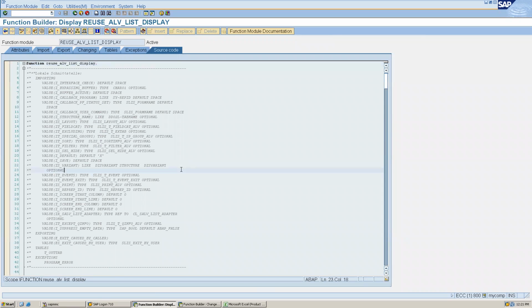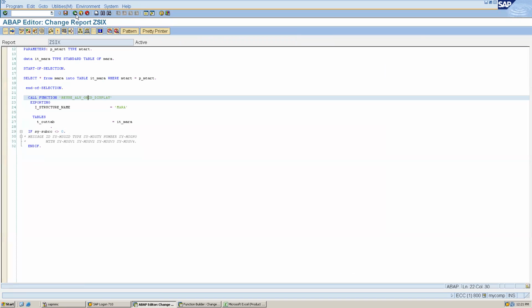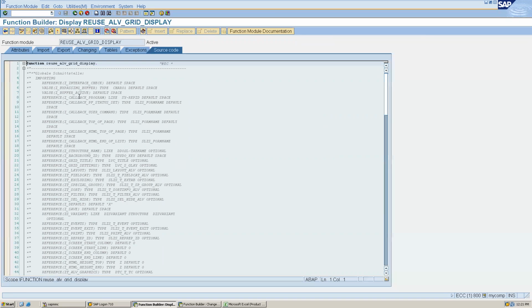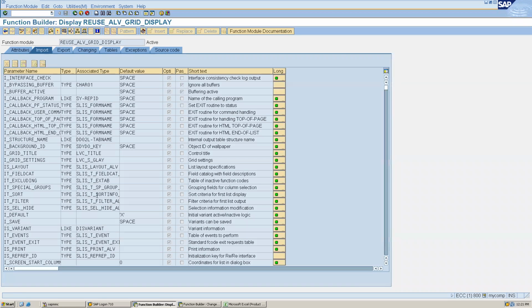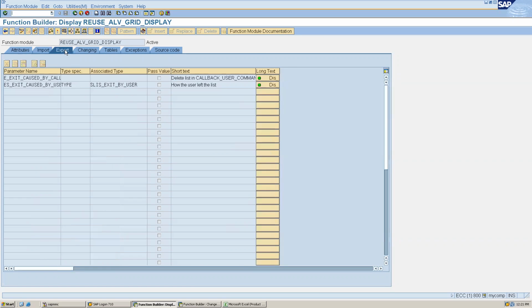If the FM concept did not exist, then anyone in SAP who had to display an ALV would have to write so much logic, and if there was some problem in that logic, they would have to go and change it everywhere ALV is used. So this is the use of function module. That's why I showed you this program. You can go here and check what input parameters it has, what types, and what export parameters.